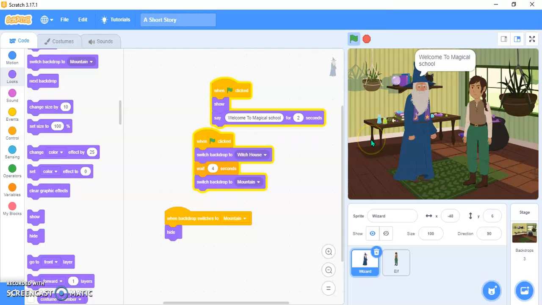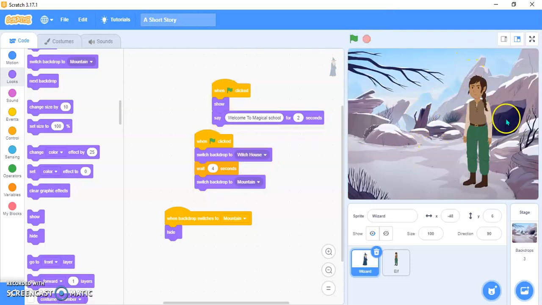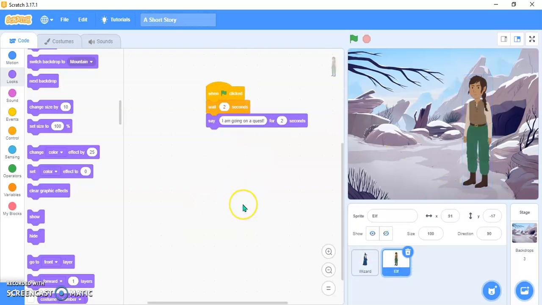Fine. Welcome to magical school. I'm going on a quest. And then the elf finds himself in the mountains. Then you can add anything you want. Okay, you can make it a big story. So I'm making it a little more longer. Then it can wait